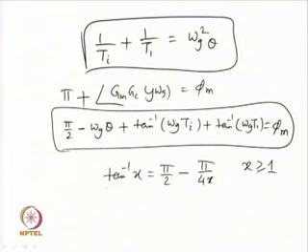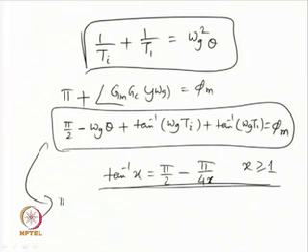Please keep in mind, this is the assumption I am going to make for the nonlinear arctan function. So, tan inverse x is equal to pi by 2 minus pi by 4x for all x greater than or equal to 1, that will give us